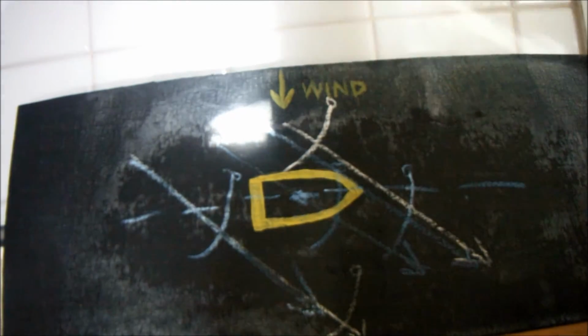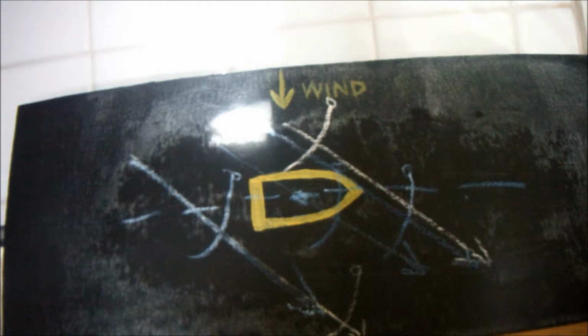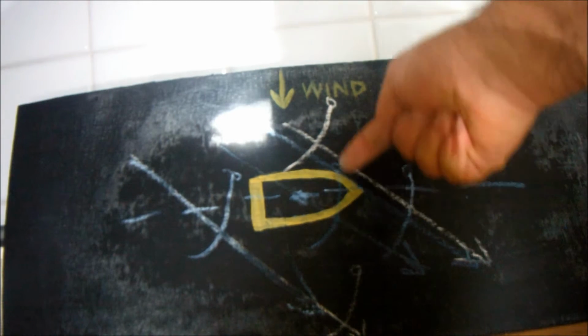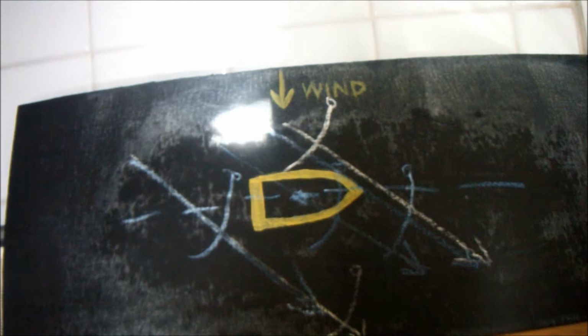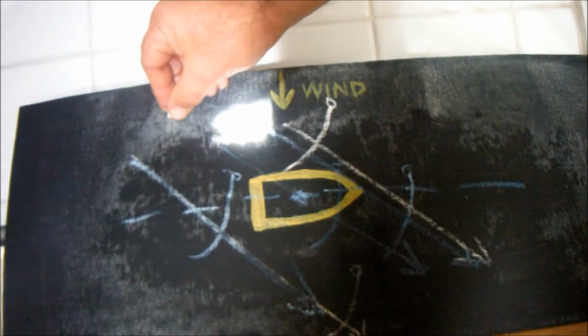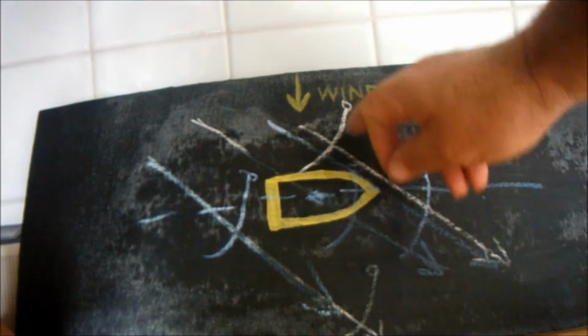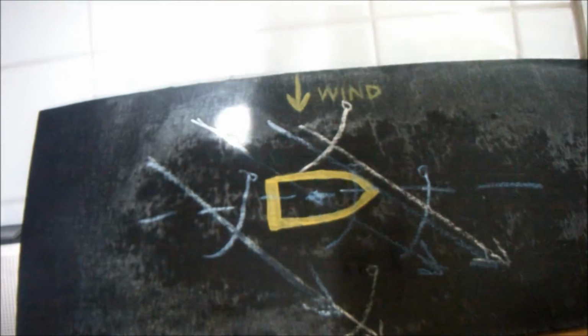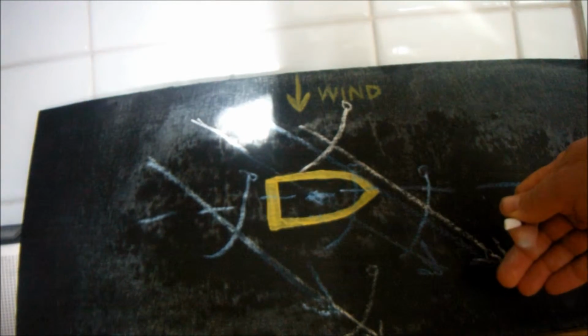Knowing that can be useful for helicopter attacks when the board is non-planing and you're trying to turn the board away from the wind. Knowing that if you lean it towards the wind, that helps you turn away from the wind, can be very useful. Also, if you're doing a water or beach start, knowing that if you go up here with your sail, you may turn the board away from the wind,